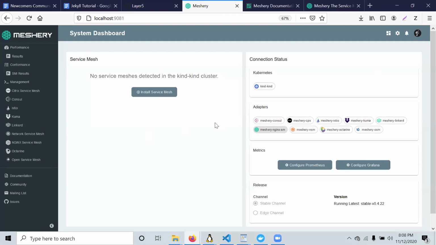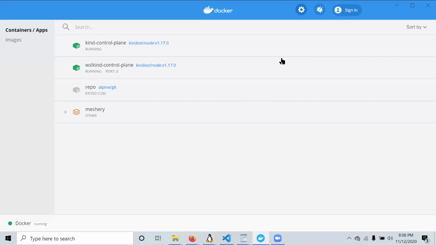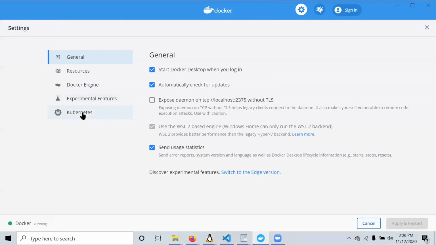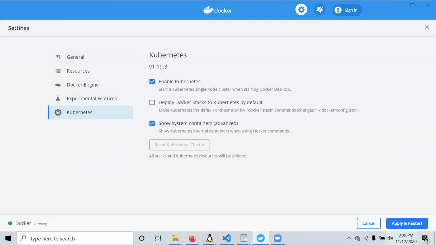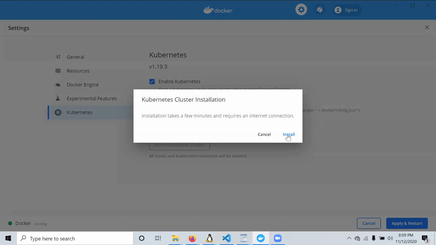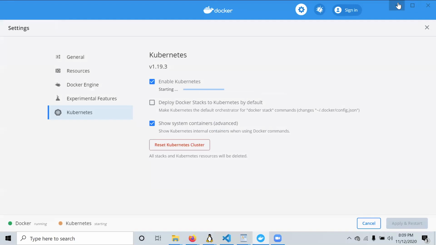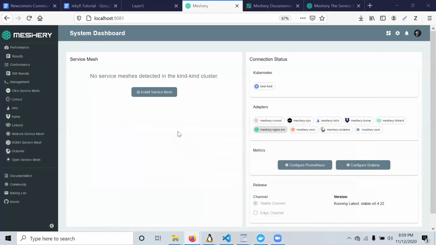What you can do here is, after you have Docker running, actually let me go start mine. It might take a while because I just reconfigured my entire system. All right, so to get started at the very least, you can go to settings.